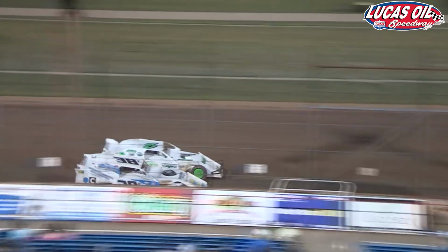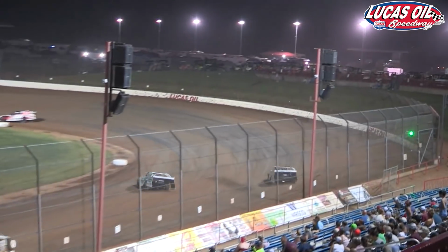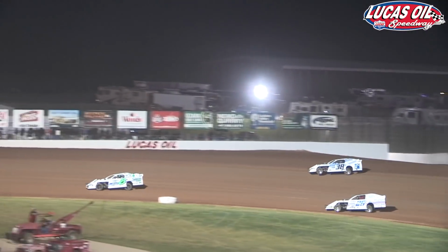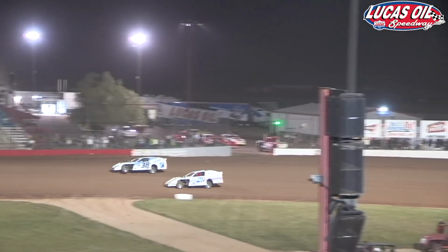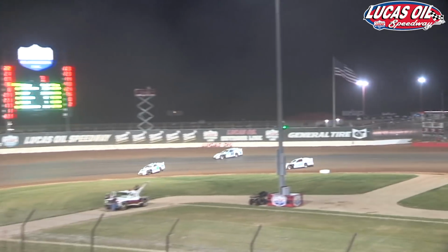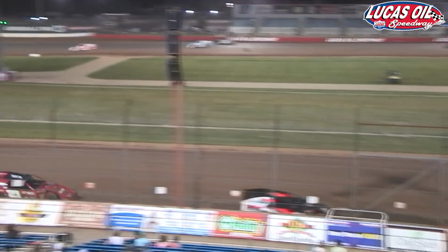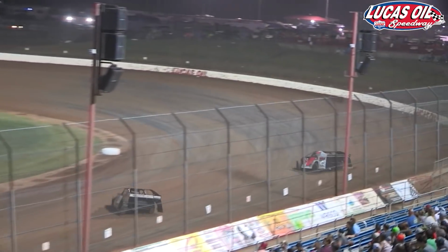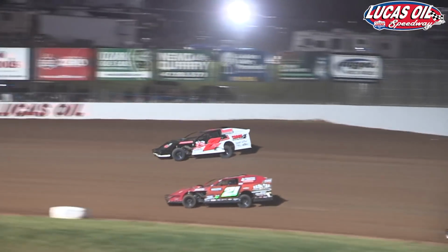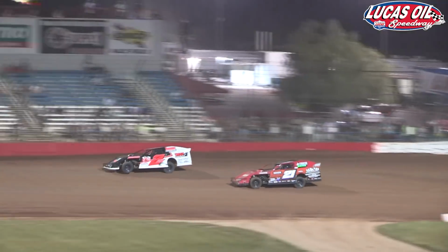Dylan McCowan's so good. Jason Persley, so consistent week after week. But McCowan with that preferred line as he's running around the hub, right around the bottom of the racetrack, clears the 38C and finds himself in sole possession of the number 5 spot now after he clears Persley. But he has got a ton of room to make up now as the battle is back up front between